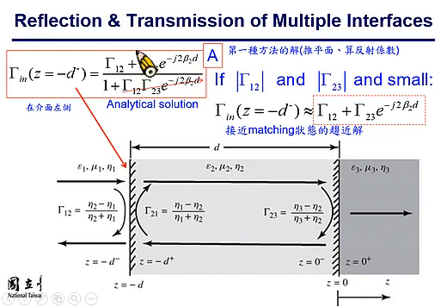But you can have a simpler solution, providing that gamma 1,2 and gamma 2,3 are small. What is the implication? It means the properties of medium 1 and medium 2 do not differ much, their permittivities are not very different, and medium 2 and medium 3 are also not very different. Then the analytical solution can be simplified to just the numerator, because in the denominator you have the gamma 1,2 and gamma